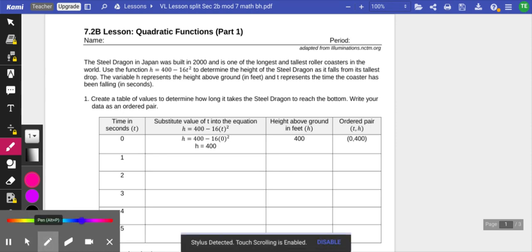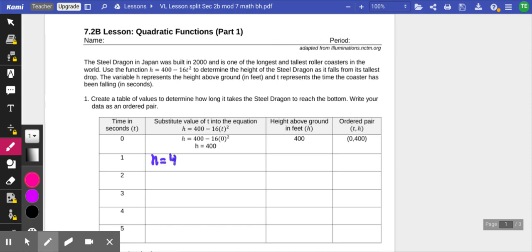So where the t is, we're going to plug in 1. So we have h equals 400 minus 16 times 1 squared. So 1 squared is 1. 1 times 16 is 16. 400 minus 16 is 384. So we know we would be at 384 feet, and that was after 1 second. So that is the point (1, 384). So I want you to pause the video and go through the same procedure and fill in the table